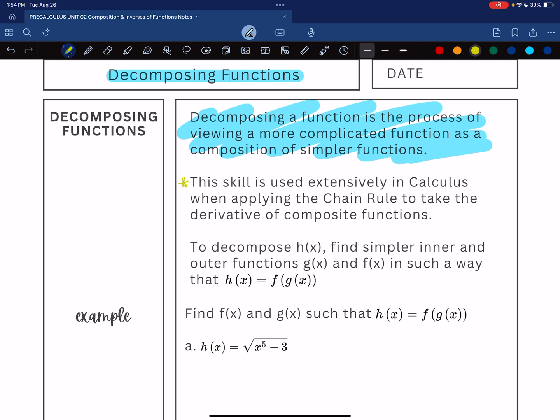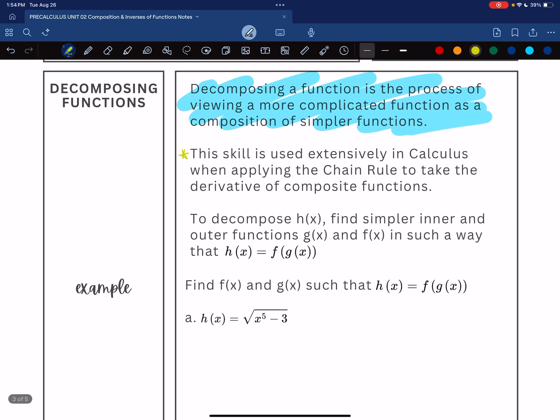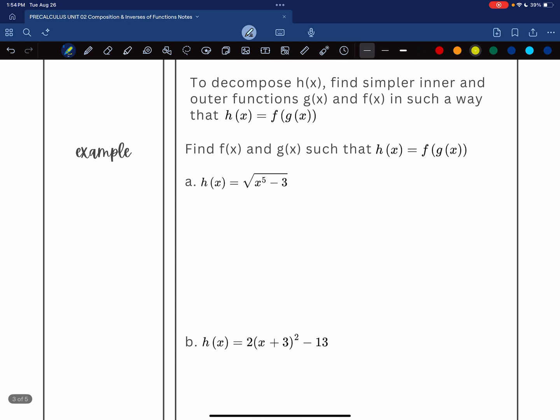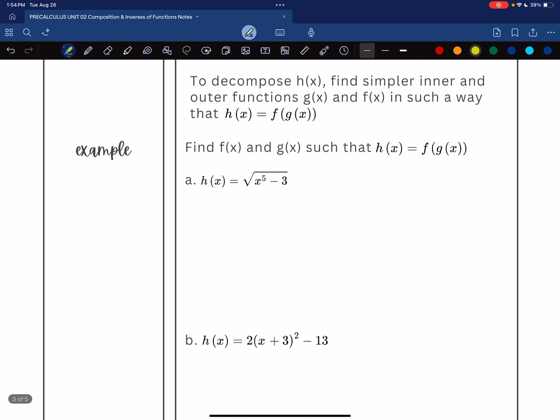In calculus, we apply this rule called the chain rule to take the derivative of composite functions, because if we couldn't use the chain rule, finding the derivative would be incredibly difficult. So to go through this process, to decompose h of x, what we're going to want to do